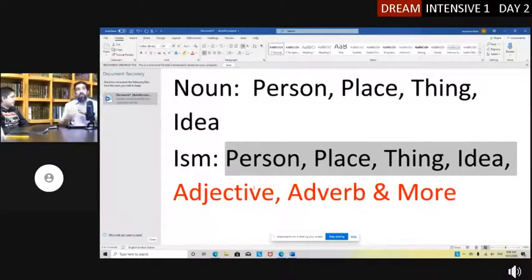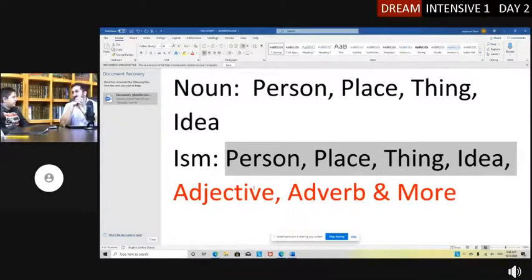As I teach you, I need you to compare Arabic to English over and over again. I'm hoping at least you know some things about English so that we can build our Arabic and keep comparing, because eventually I want you to be able to read an ayah of the Quran and translate it very well in English. If the connection is always there, then you'll be able to think of the translation very easily. So that's the definition of ism.